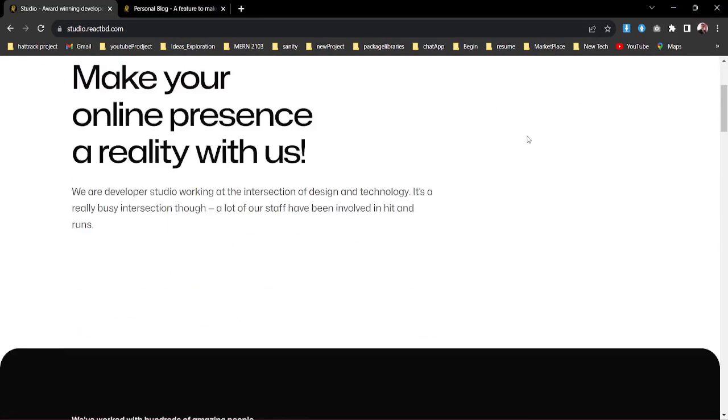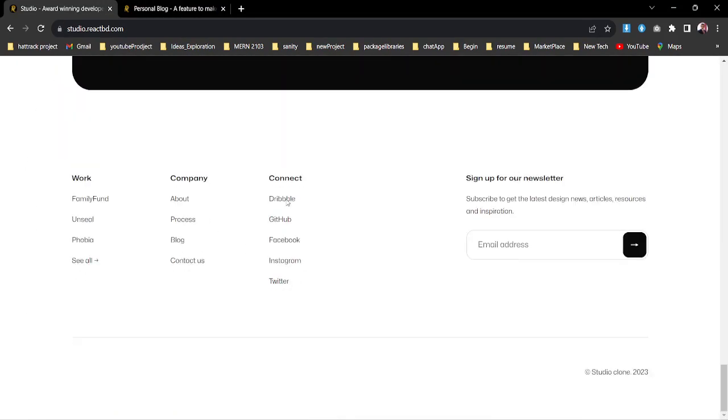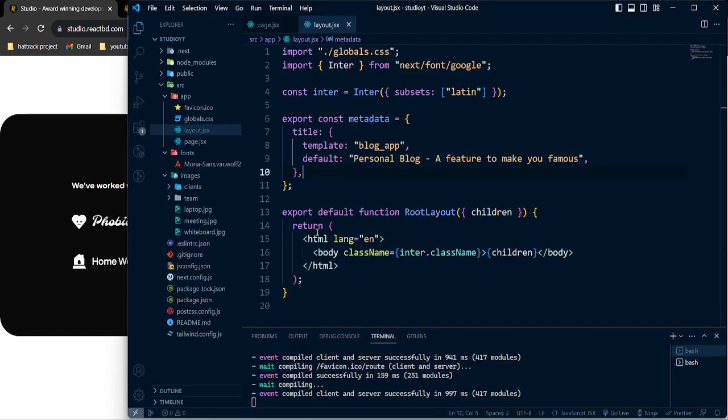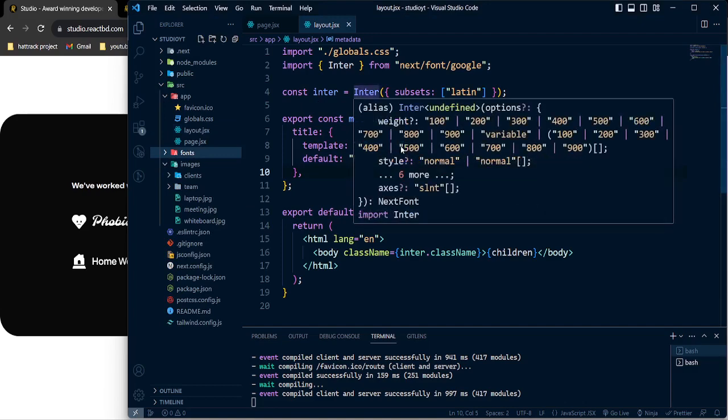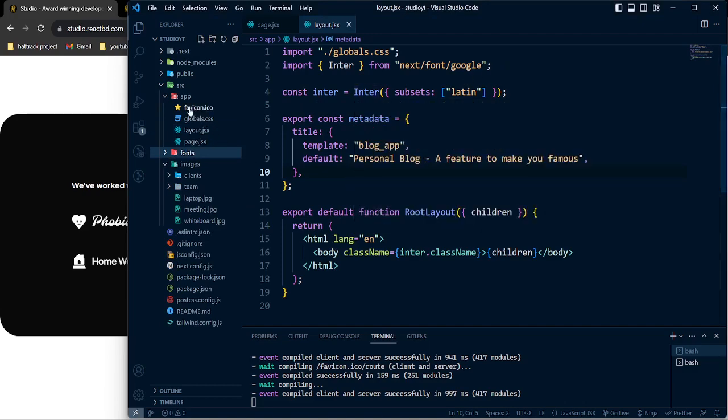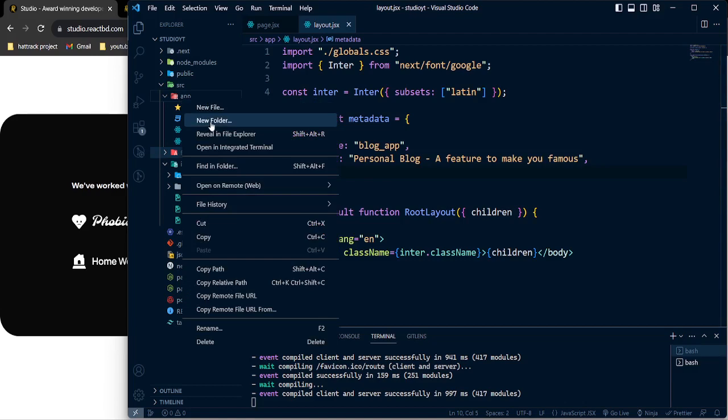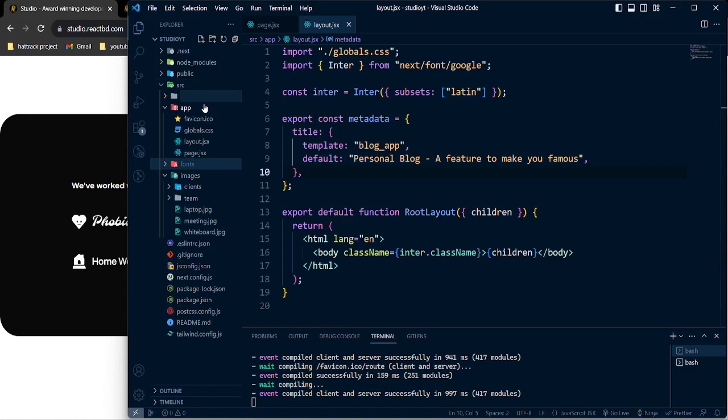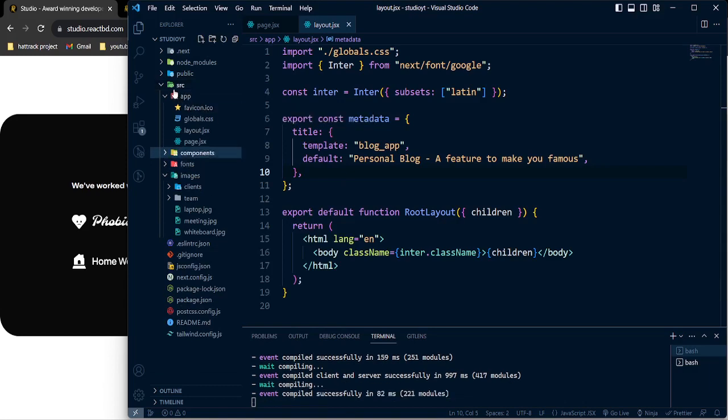what we need to actually understand is that this header and initially also this footer will be available for all the screens. So we're gonna put it in the layout screen, so it will be available overall. But instead of putting everything in that layout, which is pretty much for the Next.js configuration, what I'm gonna do in the source directory is open a components folder, and also I'm gonna use another folder which will be our